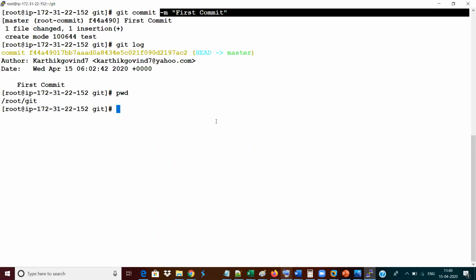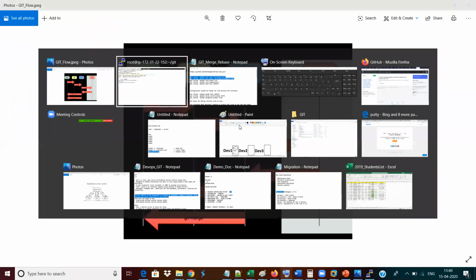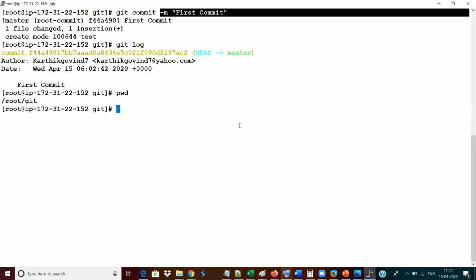Okay, I will proceed. What I'm going to do now is a repeated operation, guys. Git add, git commit is going to be the repeated operation. At the day end, only one time we are going to do git push. So now we have done git add one time, git commit one time. For that, one log has been generated. So I'm going to add one more change now.